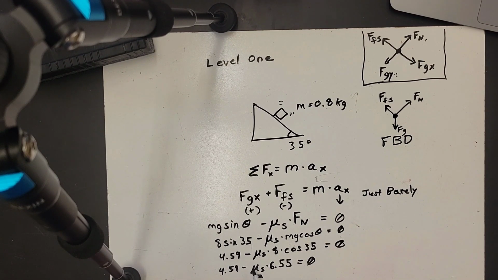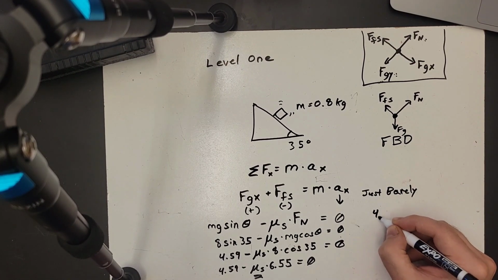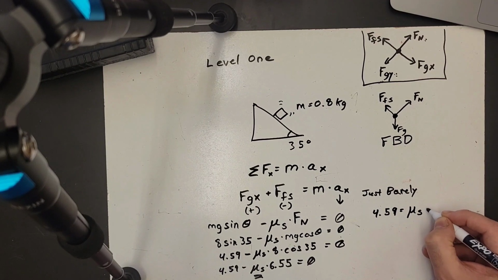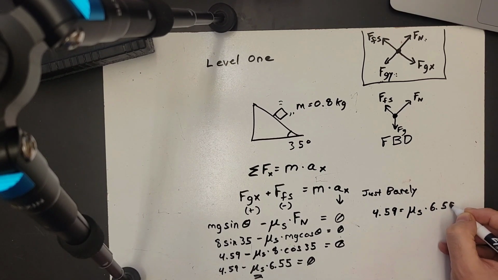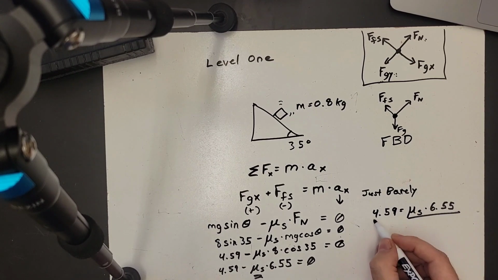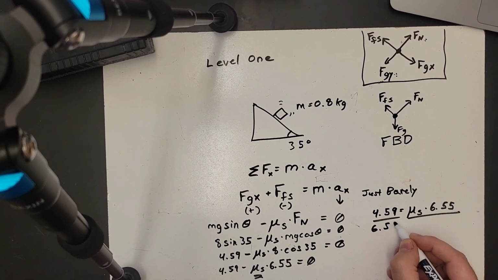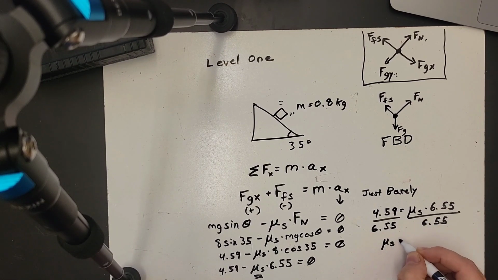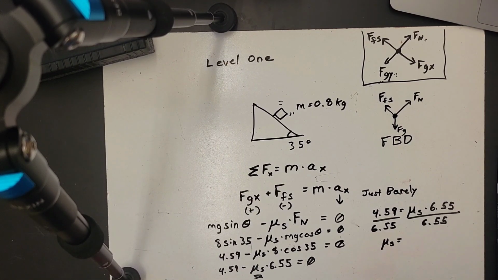I'm going to start by adding this over to the side, get rid of that negative. So that gives me 4.59 equals coefficient of static friction times 6.55. Then I'm going to divide both sides by 6.55. And I get my answer of the coefficient of static friction equals, let's see, 4.59 divided by 6.55 equals